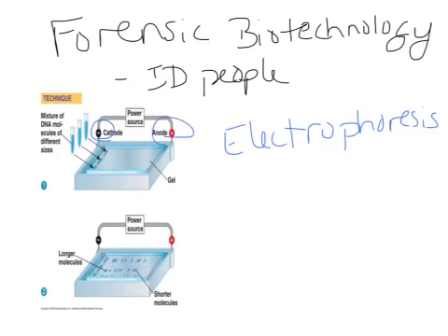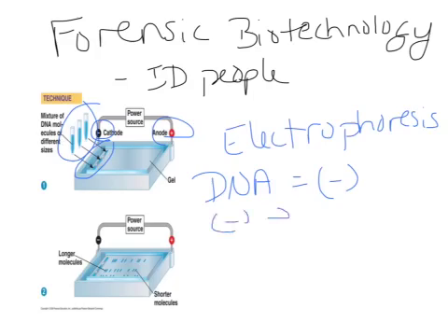And the DNA is inserted on the negative side. Okay, so you can see where the DNA would be injected into the wells here on the negative side. And the DNA is injected on the negative side because DNA actually has a negative charge. And so if DNA has a negative charge, you guys, from what you know about negatives and positives, the negative DNA is attracted to the positive side here. So that's going to help pull the DNA that way through the gel.